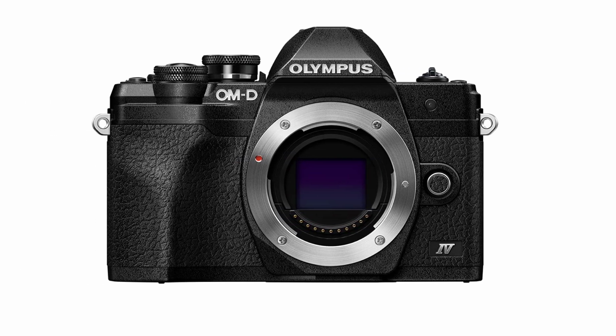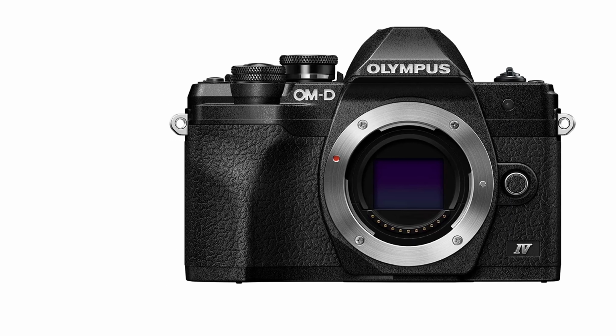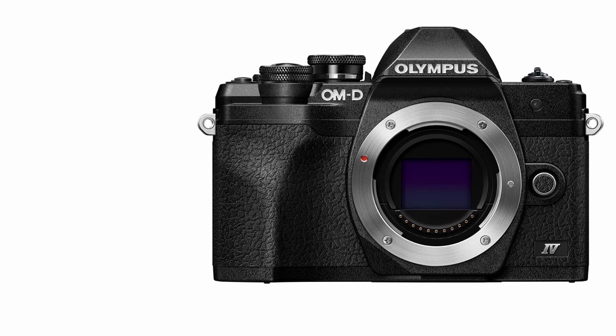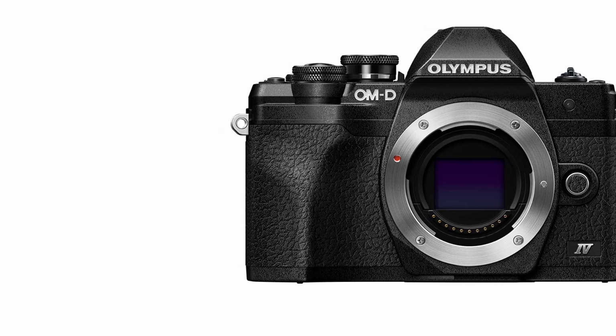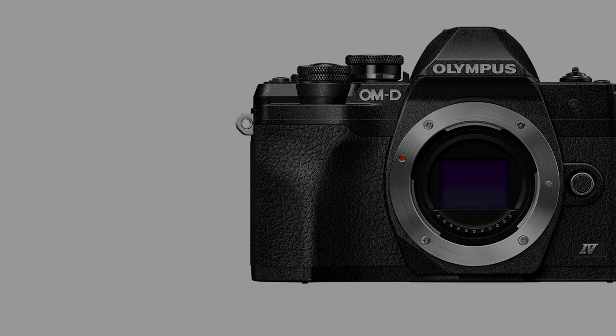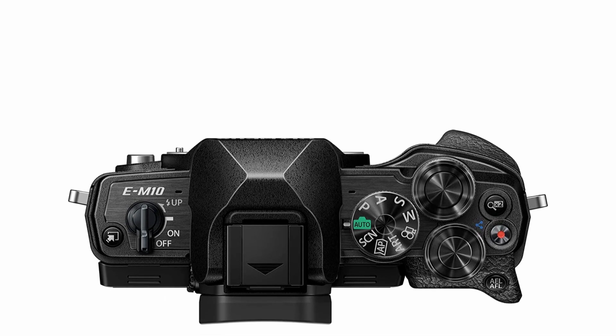While the smaller sensor isn't as well suited to low light as APS-C alternatives like the Canon EOS M50 Mark II above, it does leave more room in the body to implement sensor shift stabilization. It's the only camera on this list to feature in-body image stabilization, IBIS, which helps reduce camera shake when shooting